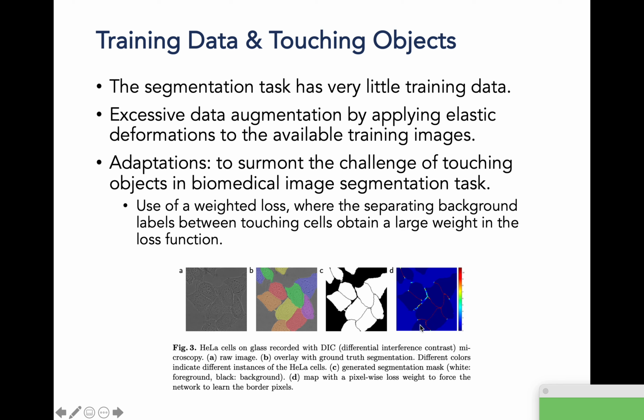They introduced the use of large weights for the separating background labels between touching cells in their loss function, such that the network can learn the borders between these adjoining cells quite precisely. Again, I'm going to speak to that once more